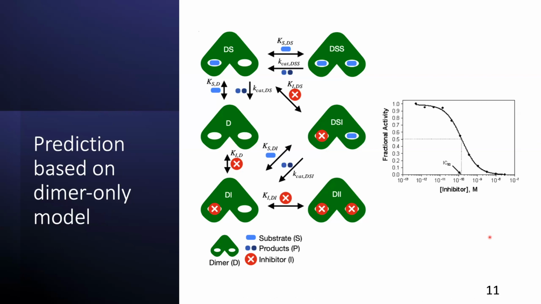And we hypothesized that when you have a cellular condition, the cell is going to produce a lot of the protease as instructed by the virus, and the monomer is not going to be as relevant to consider. We'll just consider what happens if we only have a dimer around, basically cut out the left side of the model, and then make a prediction of what the curve would look like if you only consider the dimer states, and vary the amount of inhibitor and keep all these constants the same.